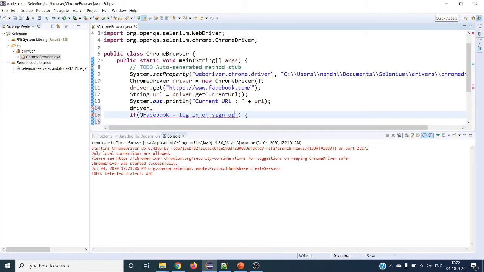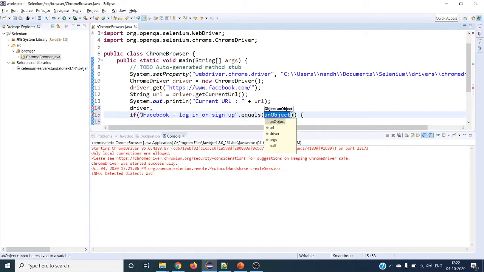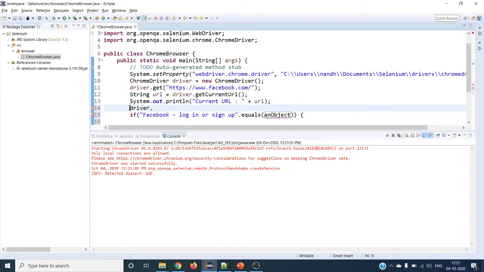This has to be exactly the same, so we use dot equals with a string, page title. getTitle is the method WebDriver uses to fetch the title, so this has to give exactly this one.